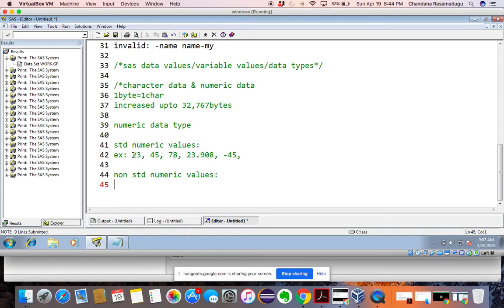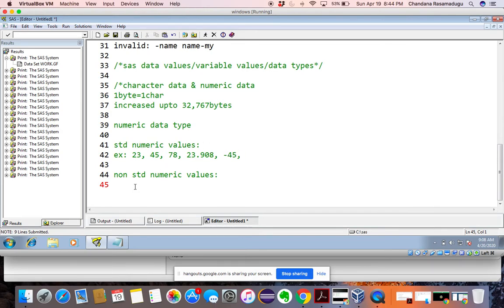It's like normal numbers: positive 23, positive 45, 78, 23.908, minus 45. So standard numeric data contains only numbers, decimal points, plus sign and minus sign.